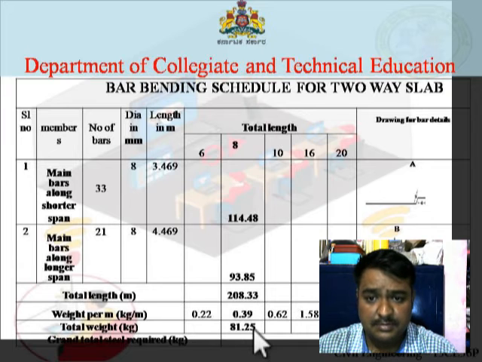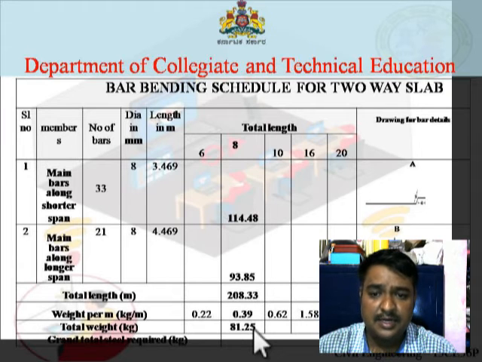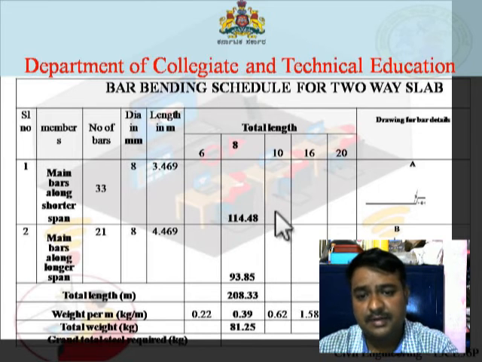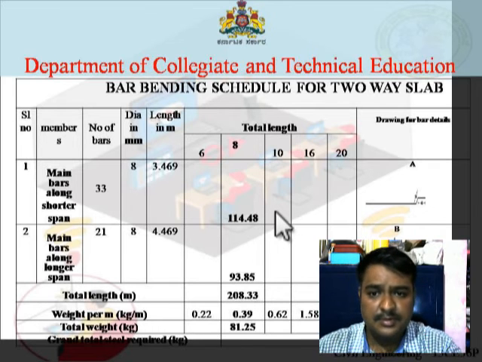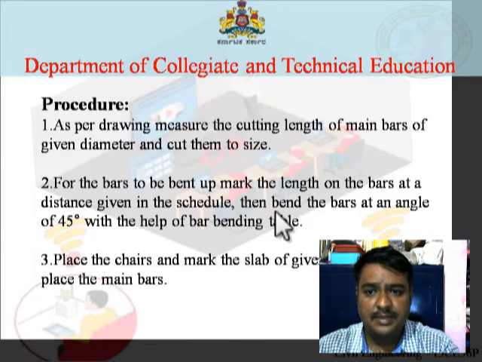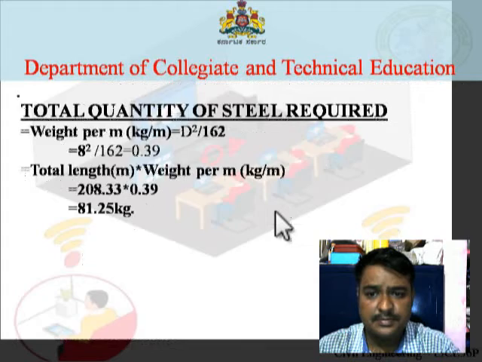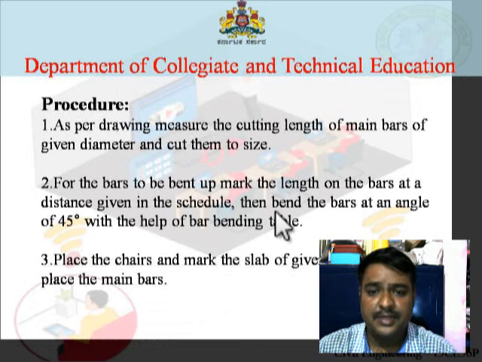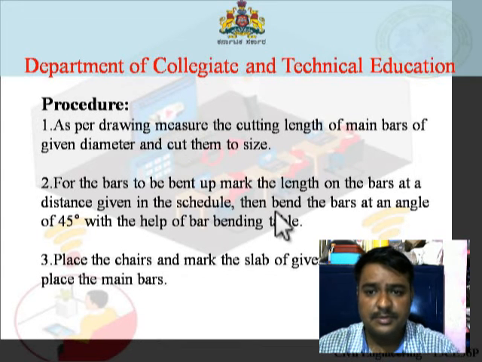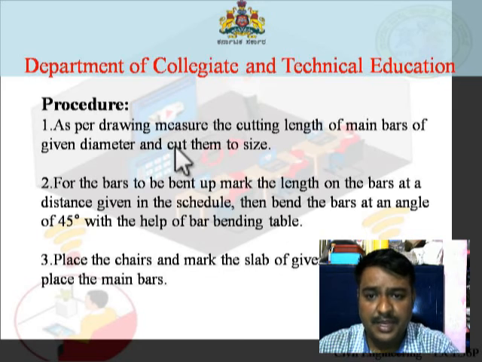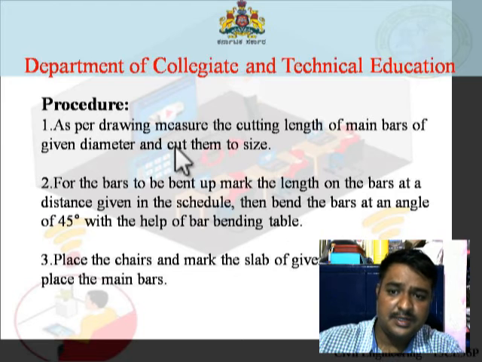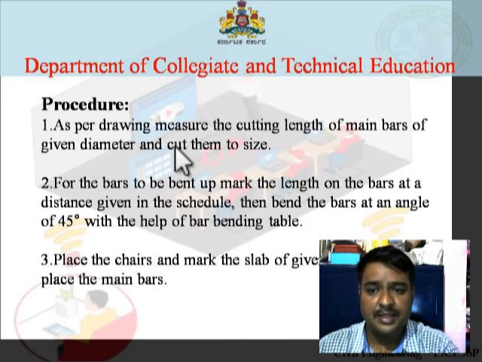It is created by structural engineers and used by site engineers to get the total quantity of bars required and total kg of steel required. Then we go to the procedure, the actual procedure. The procedure contains what we actually do in the laboratory. According to the given data, we calculated the bar bending schedule and fabrication, and then how we do it in the laboratory.